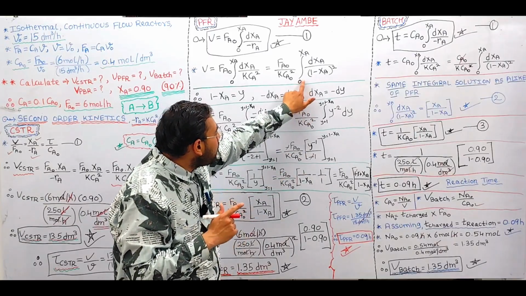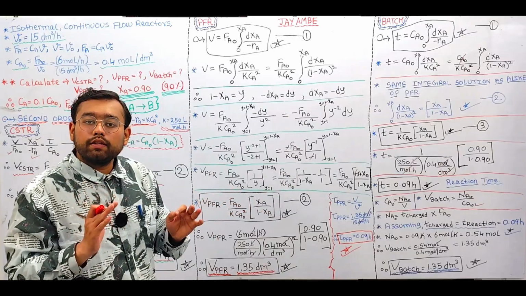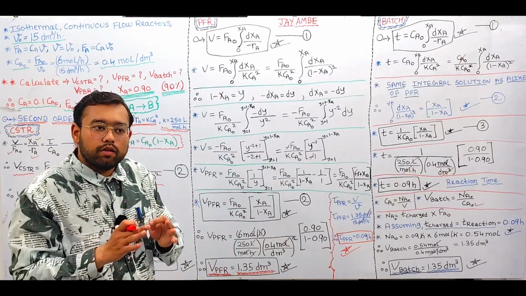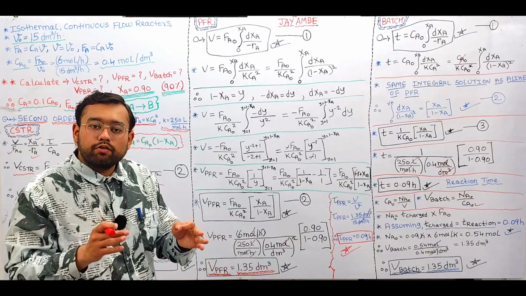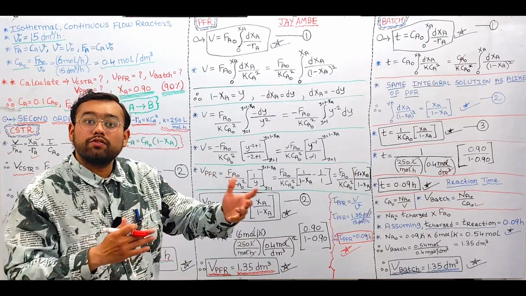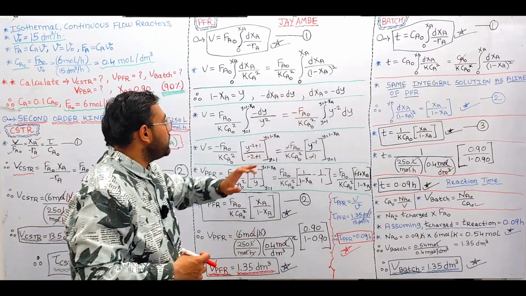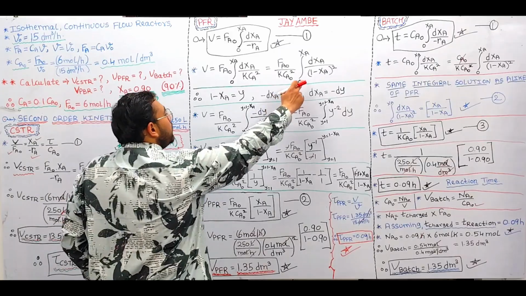So let's say in the lower limit we have the conversion equal to 0, which means at the initial start of the reaction, where we have the highest concentration of reactants present in the reaction environment. The reaction has not yet started, due to which the conversion is 0. So due to those reasons, we have 0 in the